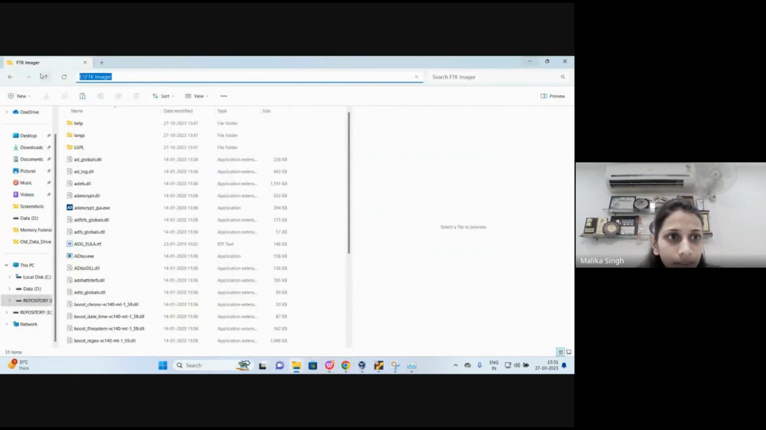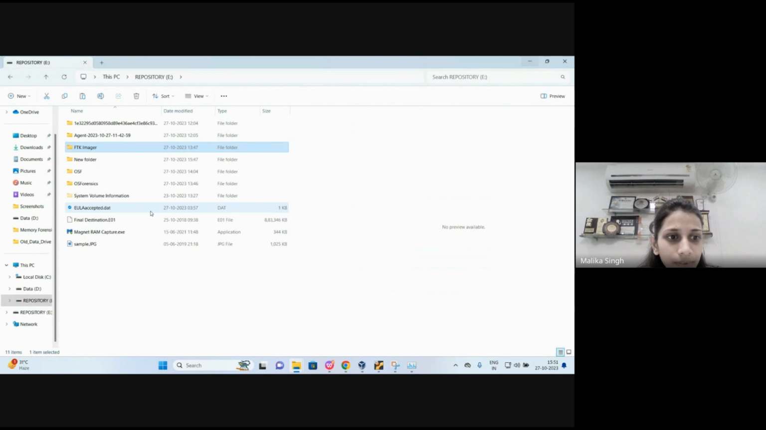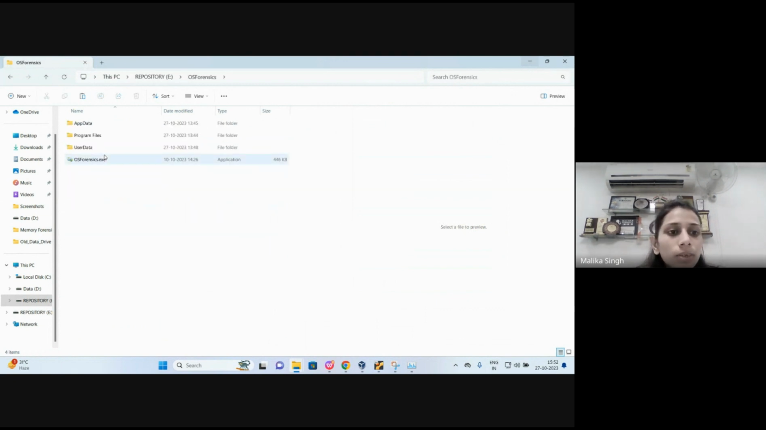This is my pen drive in which I have created the portable version of OS Forensics. This portable version was created when I enabled the auto triage option, so that at startup the triaging will be enabled automatically. So I do not have to, when I run this portable version,